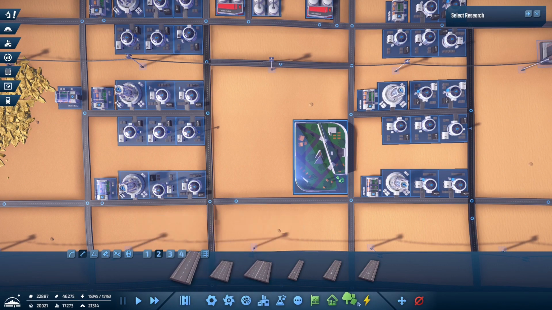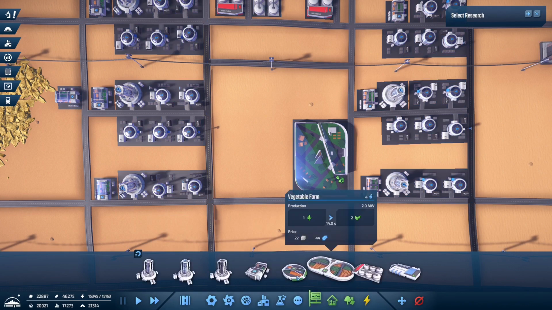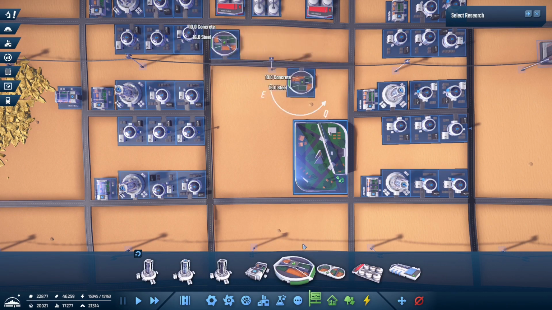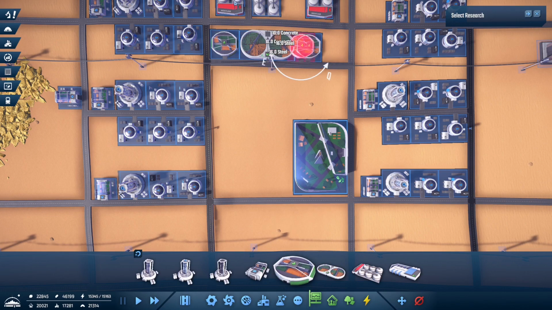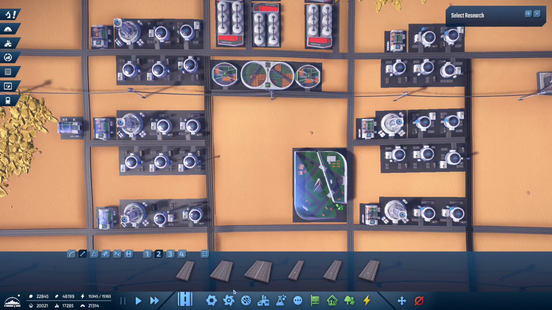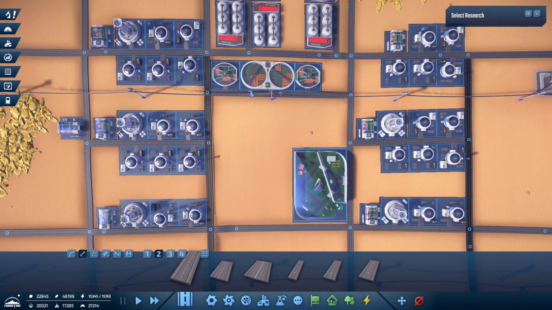Okay, well, let's get the first part in. You're going to want one of these. You're going to want one of those. And now we're going to run this down this way,